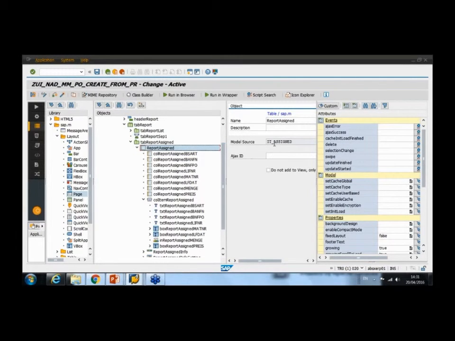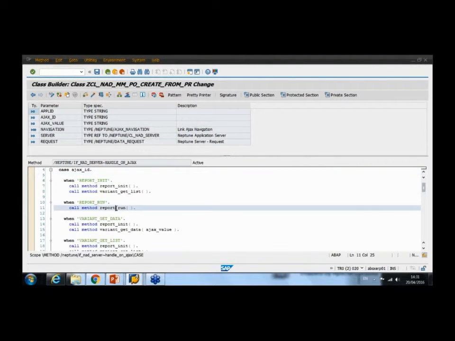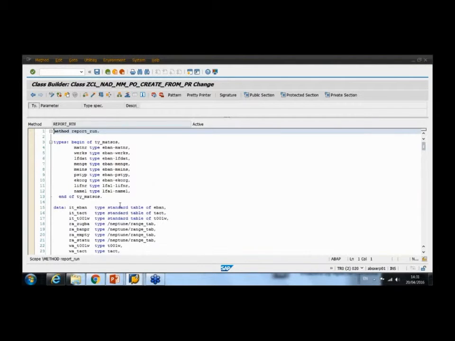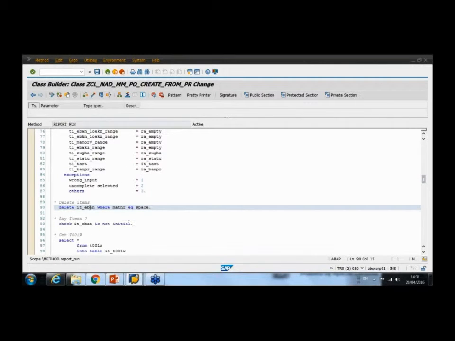So when the data here is essentially tied to an Ajax ID, which is called when I run the application. I'll go into one place. And what I'm going to do here is effectively now a backend change, so the data provisioning. So here's a standard function module from SAP to read requisitions. And one of the things is the template basically removes everything which isn't referring to a material number. And because I have free text requisitions, I'm using this template to amend it to my individual business requirements,